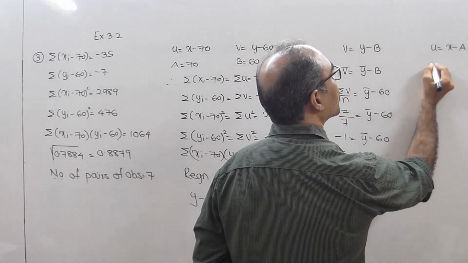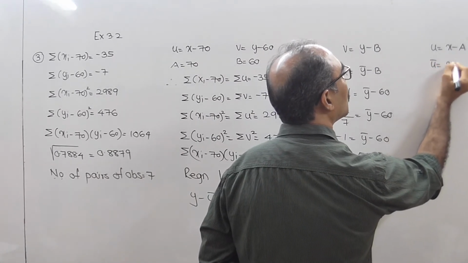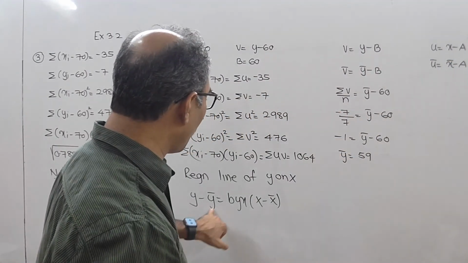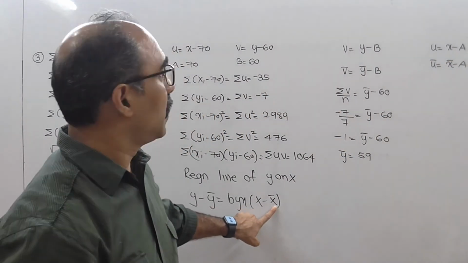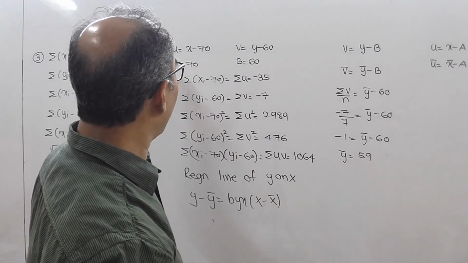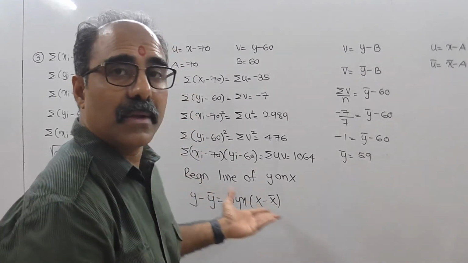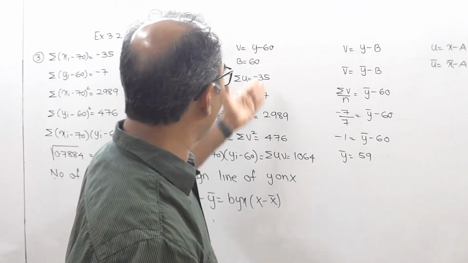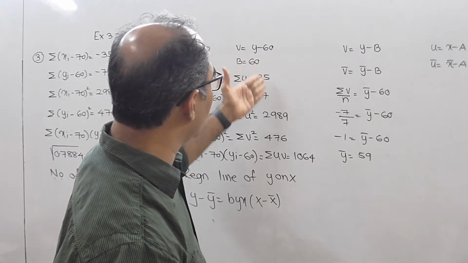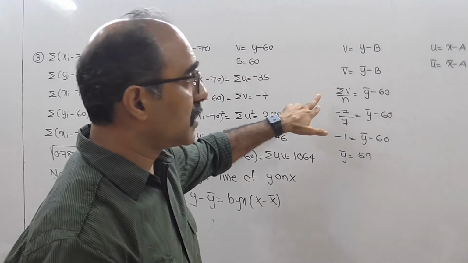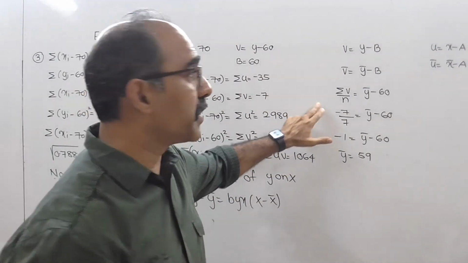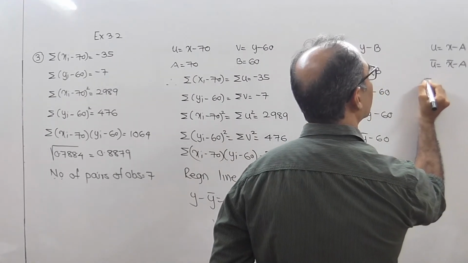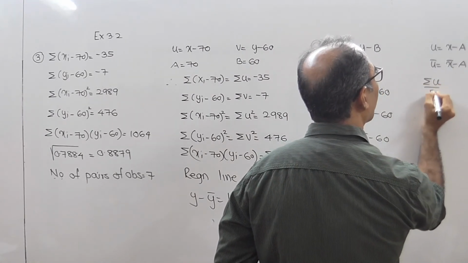u equal to x minus a, so u bar equal to x bar minus a. हम लोग क्यों कर रहे हैं मालूम है? बिकॉज इधर अपने को y bar और x bar का वैल्यू चाहिए और अपने पास y bar और x bar है ही नहीं, तो जनरली the formula for y bar is sigma y upon n, लेकिन इधर sigma y और sigma x नहीं है, इधर sigma u and sigma v. So this is new which you have done. This is the board question which has come previously. So try to give your best attempt to practice it properly.